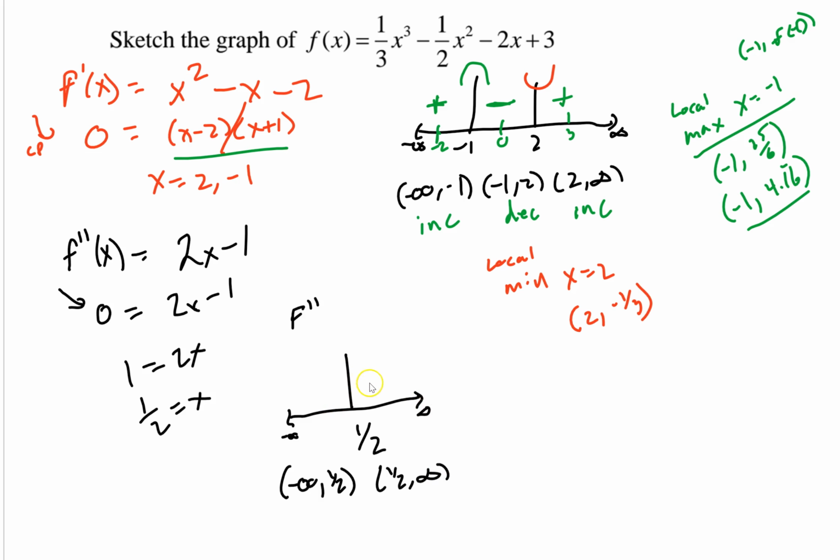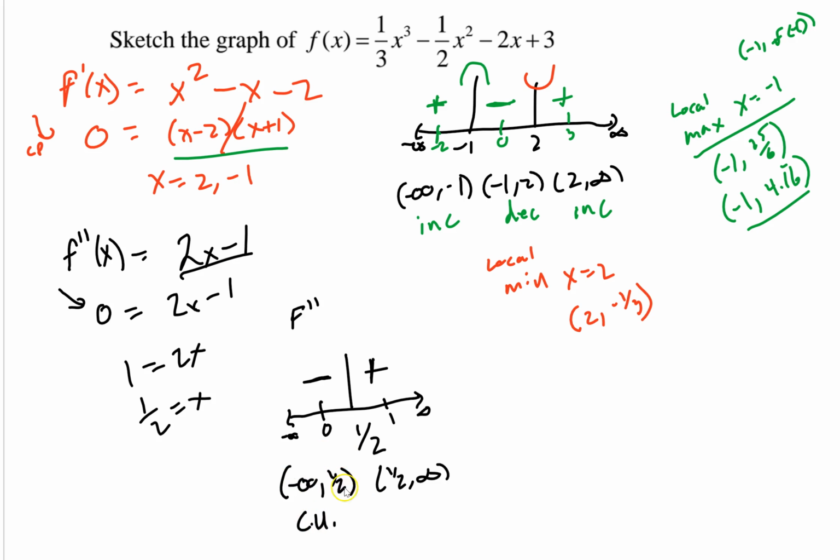Right, before we do some test points, we're going to plug in 0 and let's say 1. Again, you can plug it into the derivative. I plug in 0 and I get negative 1, so negative. If I plug in 1, we get 2 minus 1, which is positive. Right, so I'm concave up